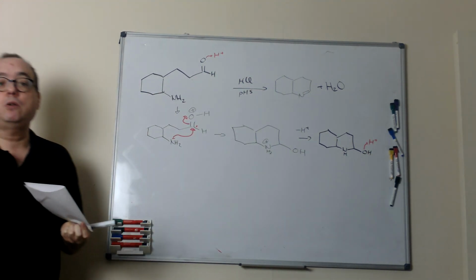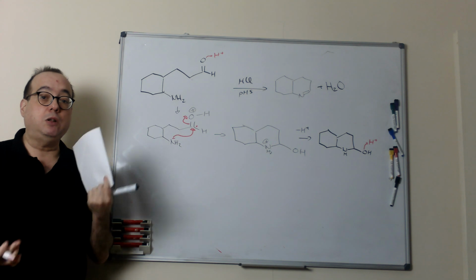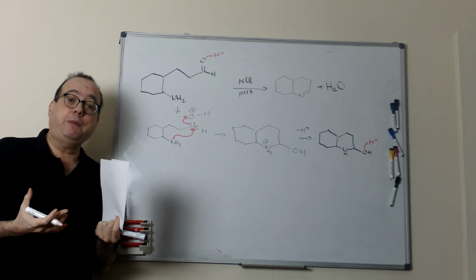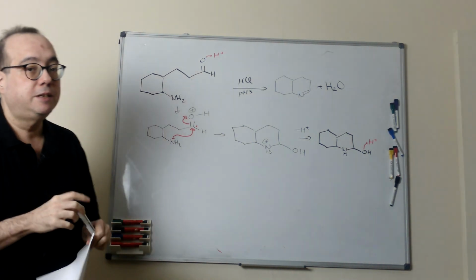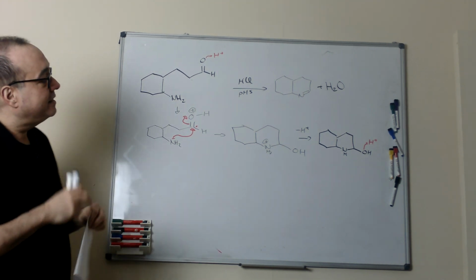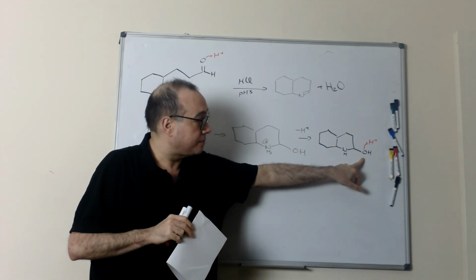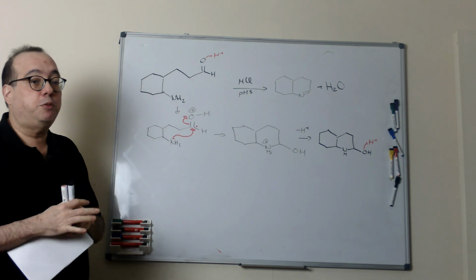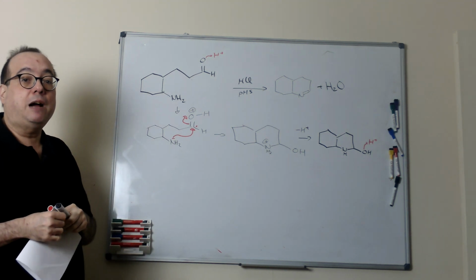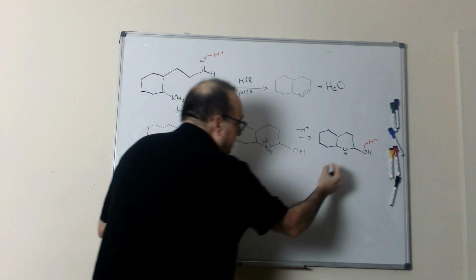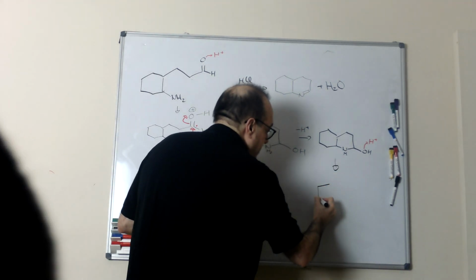Now, in order to make the imine, all that we need to do is to protonate the alcohol. Why do we protonate the alcohol? We protonate the alcohol in order to make the OH a good leaving group. Remember from lessons 1 and 2, sorry, it's a cat, that the OH is a very bad leaving group. We protonate the OH, and we are making this a very good leaving group. That means that we generate this compound,